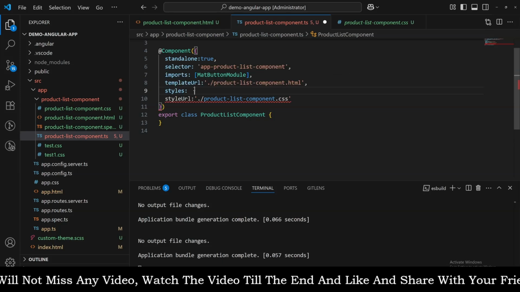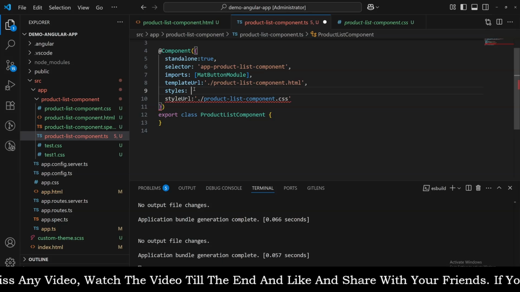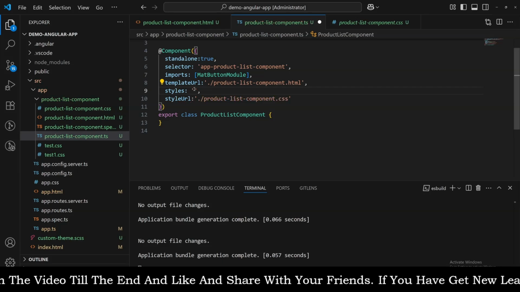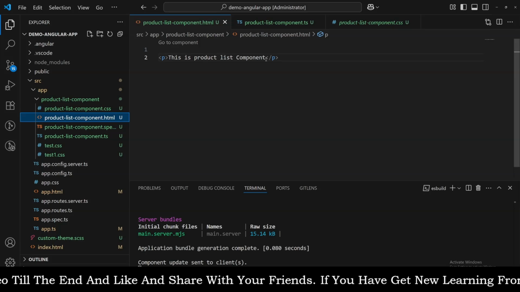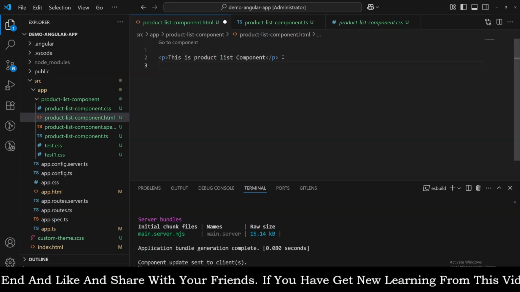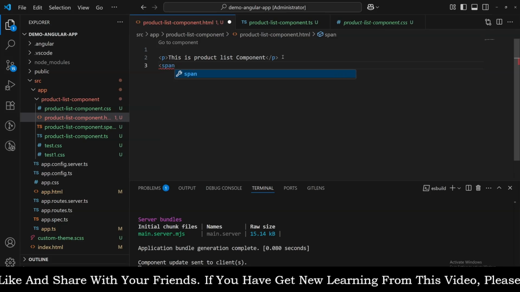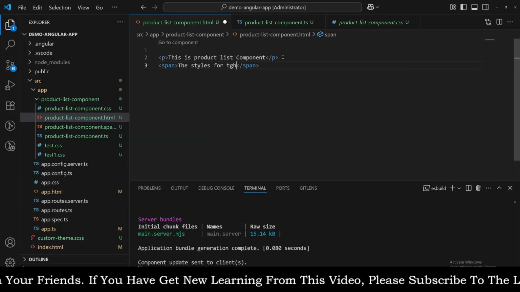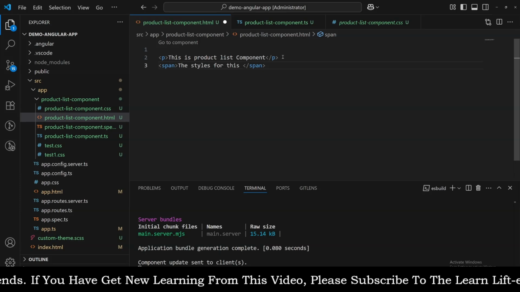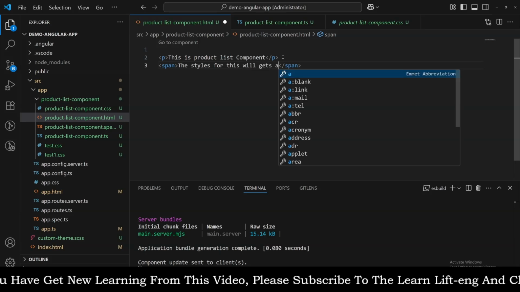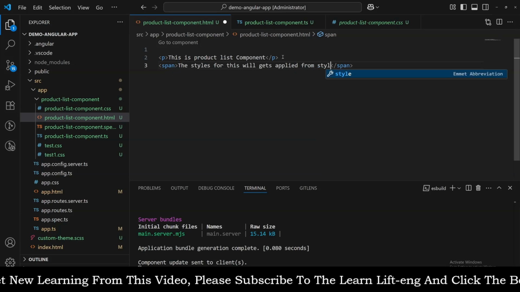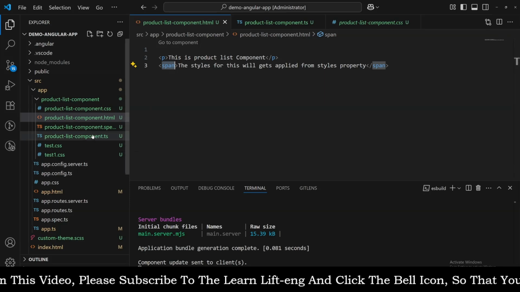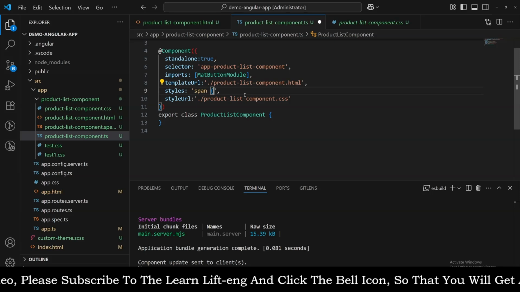So let's give a string to this. I'm giving a string, after that a comma, so inside the string, first let's add one tag over here. Let's say I have a span, and the styles for this will get applied from the styles property. Okay, so now let's copy this and go to this. I just give span